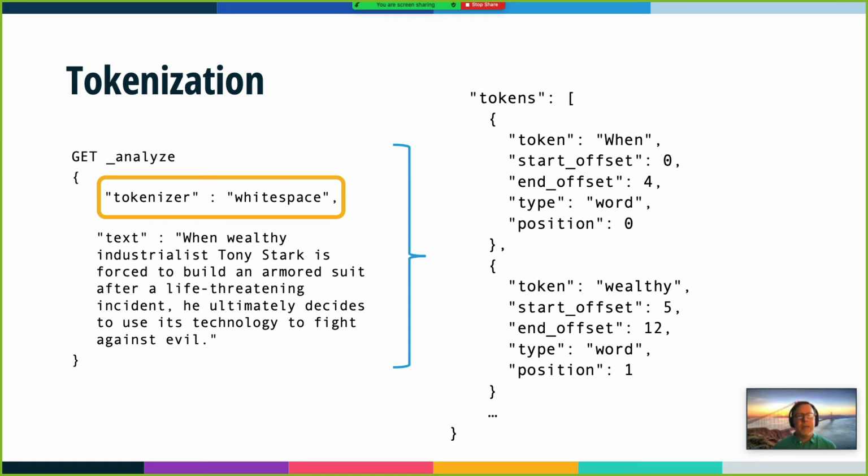The first thing is, during the analysis phase, OpenSearch is going to tokenize the data. There are a number of different tokenizers. Again, some of them language specific, some of them more general. In this case, we're using a white space tokenizer and taking the text that is the plot description, and OpenSearch will decompose that into a stream of tokens that are all of the white space separated elements of this particular block of text.